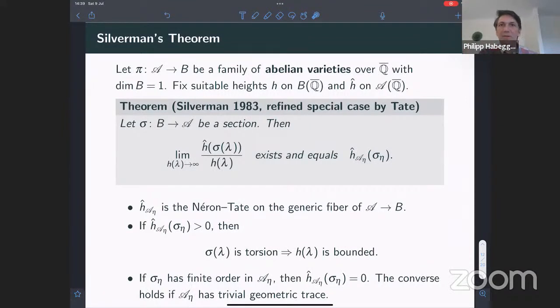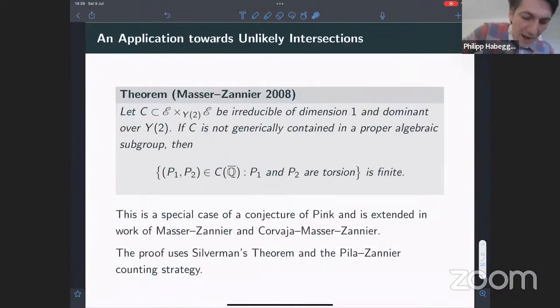And that's important because, as we saw before, bounding the height sometimes leads to finiteness statements. Well, it always does if we're over a number field, but it's an important piece of information. So one application of this theorem of Silverman towards unlikely intersections, which was the topic that saw a lot of development in the last 15 years, due to Masser and Zannier. So what they look at is they have a curve here inside the fibered square of the